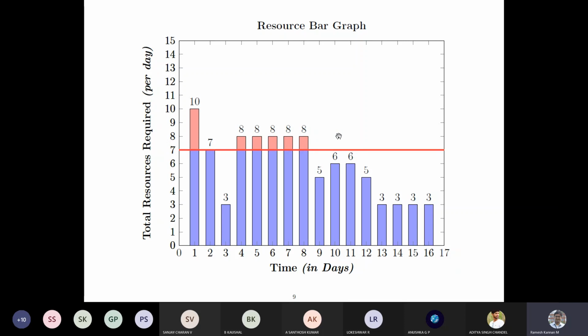How do we cut down is we have to move that to some other day, so that we will have a balanced resource profile. So that is basically what resource leveling is all about, right? So this is what the project manager's job is. Once the schedule is given and the resources are given, his role is to level the profile, smoothen the resource profile. And generally computers are used to do that, but for this class we'll do it with simple arithmetic, so you'll understand this much better, right?